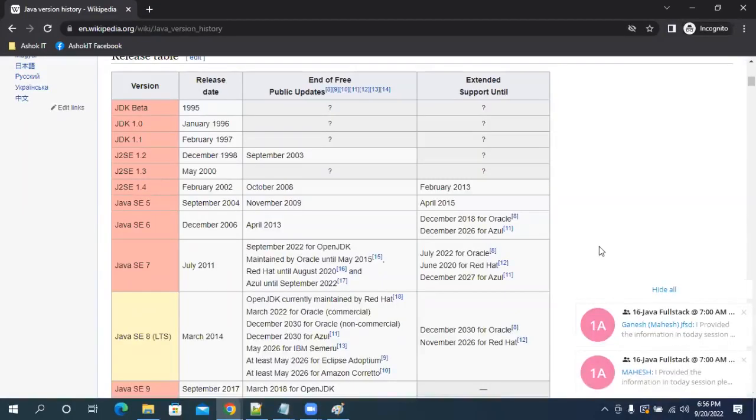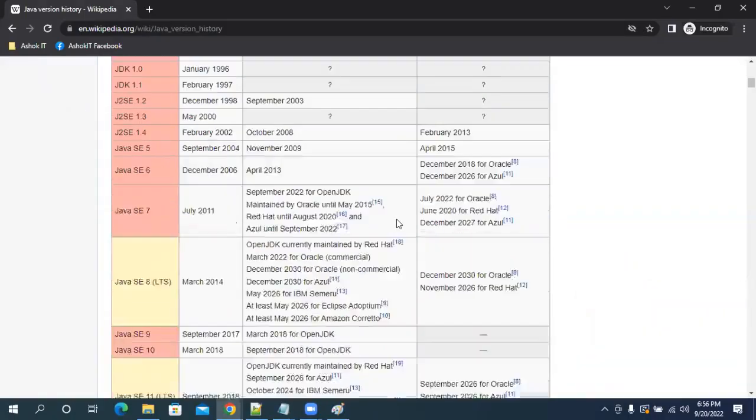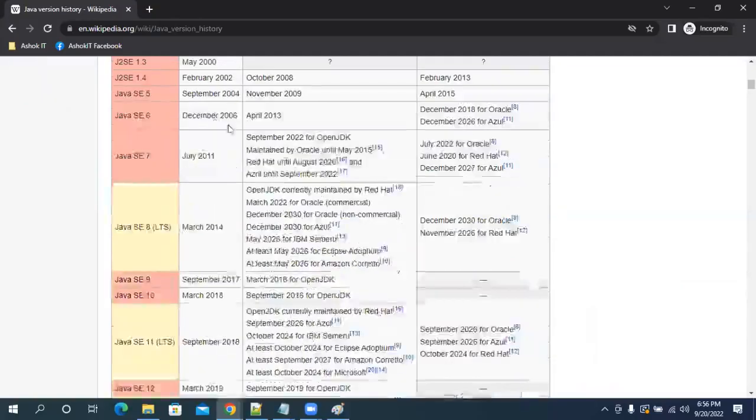So many new features were added to Java. Java became very slow in execution. They realized that immediately, and within 1 year they released the Java 6 version. From Java 6 to Java 7, there is almost a 5 year gap. Are you getting my point?